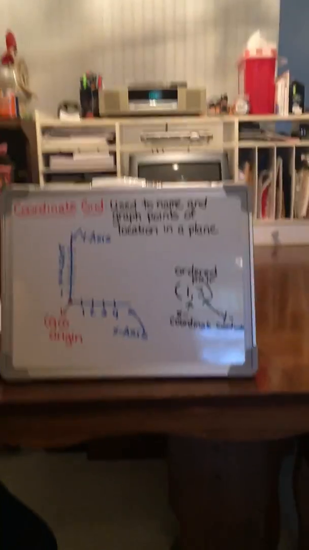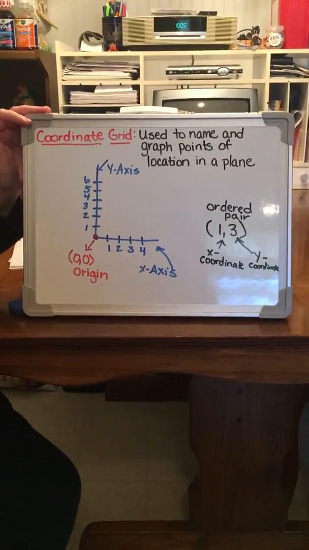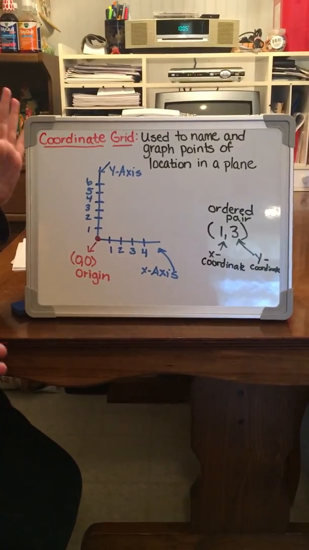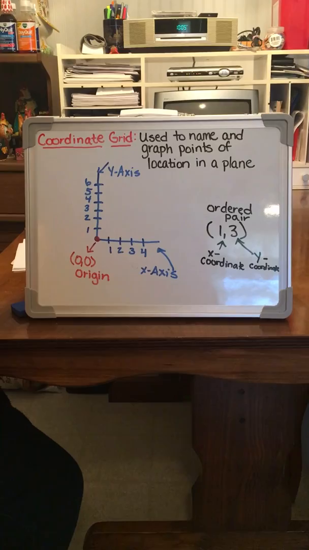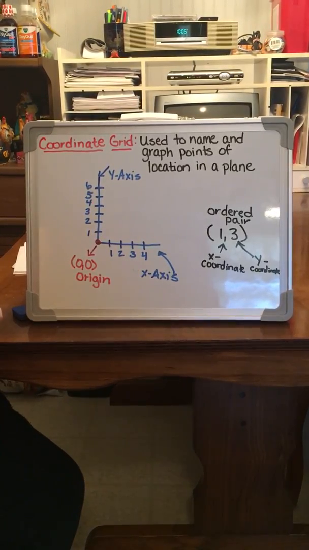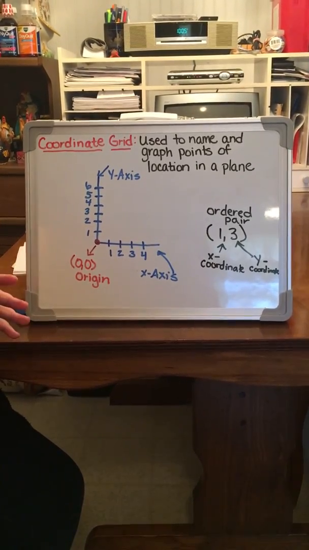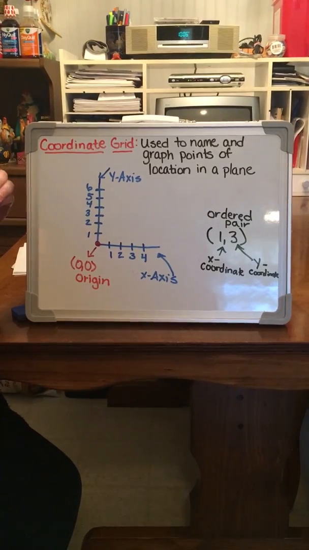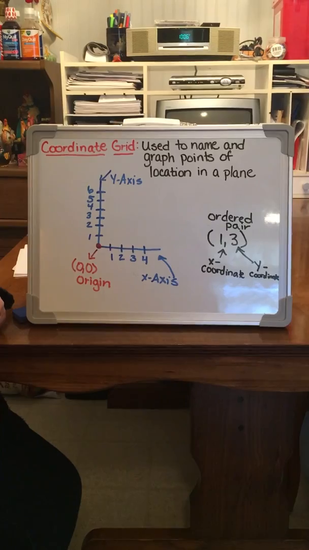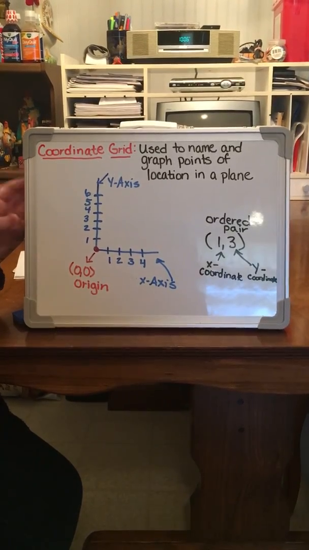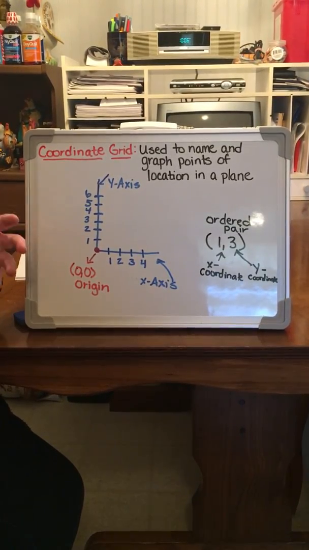So here we go. Coordinate graphing is what we're going to talk about today. So let's start and talk about a coordinate grid. A coordinate grid is used to name and graph points of location in a plane. And we know plane means two-dimensional. So it's used to basically pinpoint locations. It's used a lot in mapping. And so one of the things we're going to talk about today is just literally how do you plot points